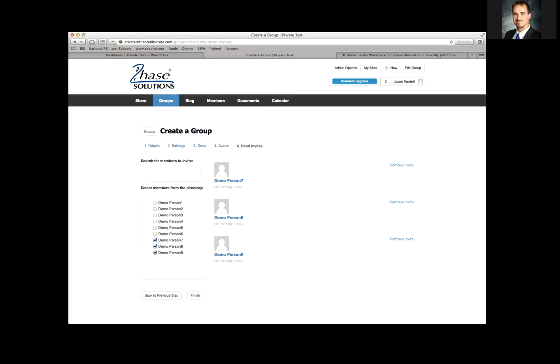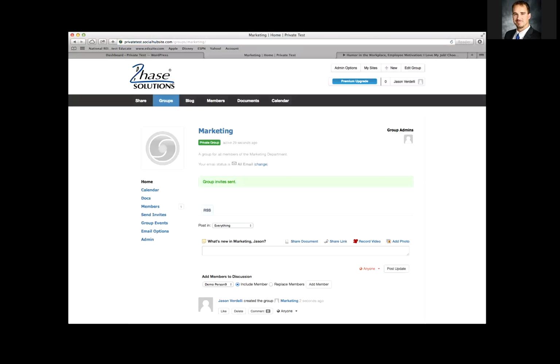So if you're like, I'd hit that, again, you can either check them off, uncheck them, or you can actually just hit remove invite. It does basically the same thing. And just click finish. And voila, now we have, as you can see here, an all members group,